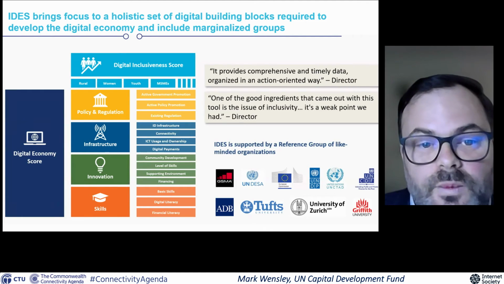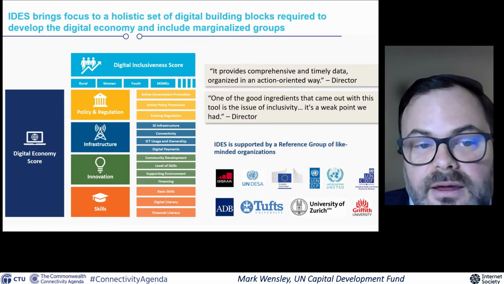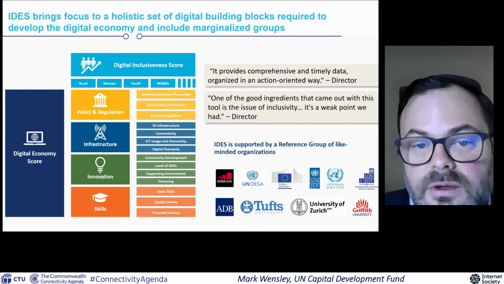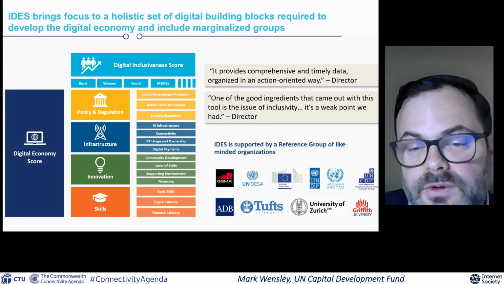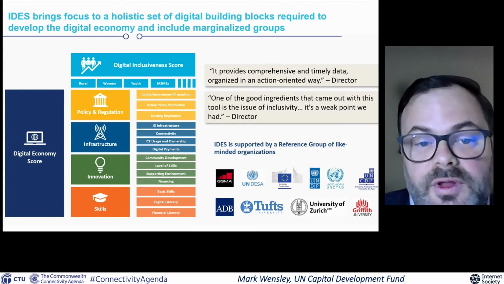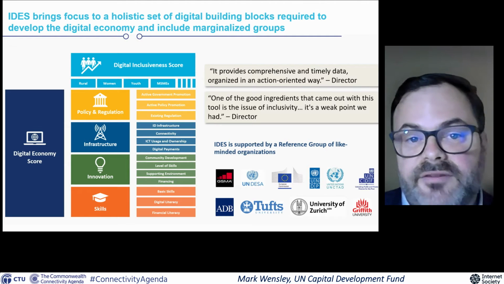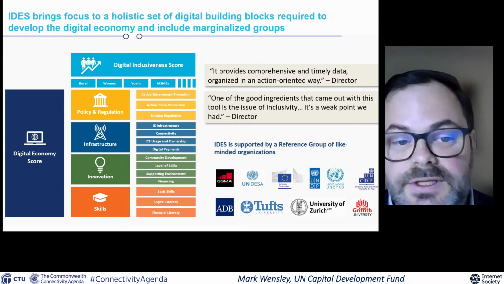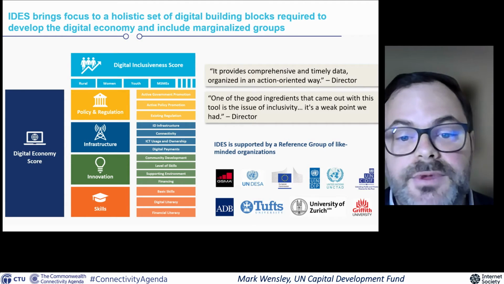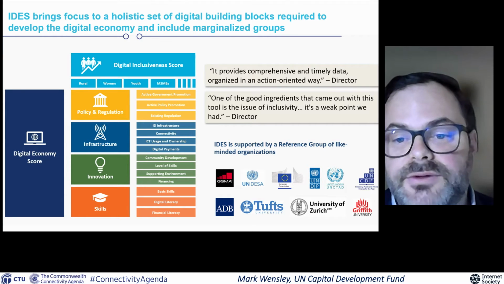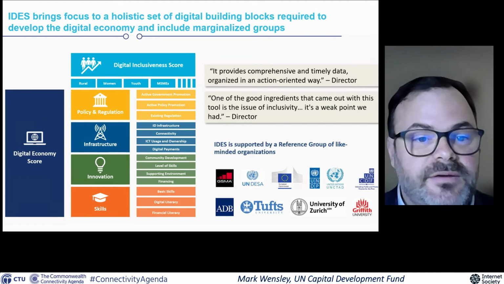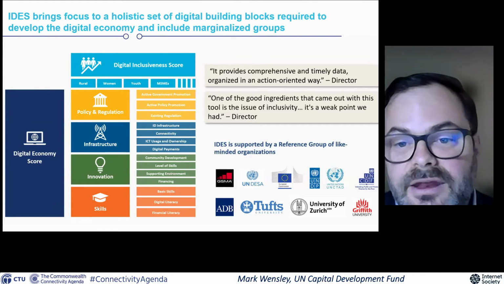As this happens, we recognize that making digital transformation inclusive really requires an intentional focus on the various segments of the population that are too often left behind from innovation and access to skills and services. These are rural populations, women, youth, MSMEs, refugees, migrants, elderly, and the disabled. And building from a place of what gets measured gets managed,